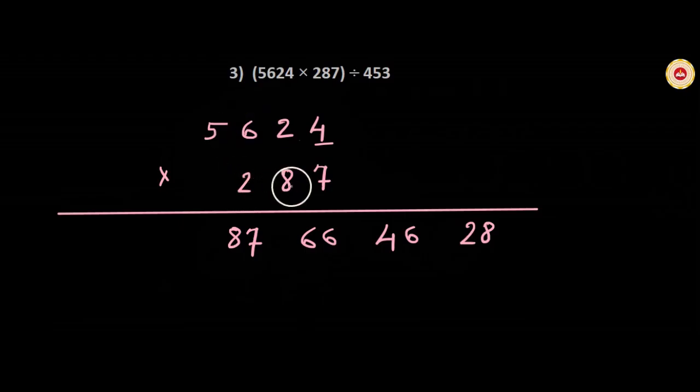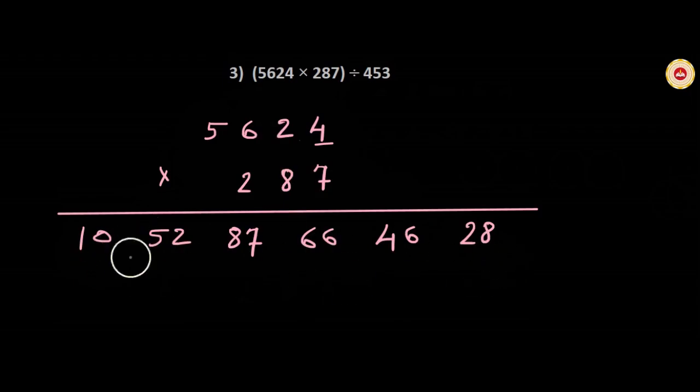Okay, so 8 5s are 40 plus 2 6s are 12. 40 plus 12, 52. Write 52. Now exclude the third column also and consider the last column, the fourth column. Multiplying the digit in a single column vertically, 2 5s are 10. Write 10. So friends, we have written the answer of this product in 1, 2, 3, 4, 5, 6 parts.